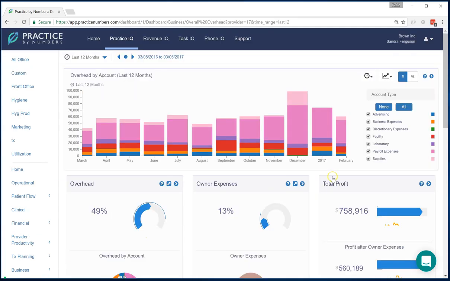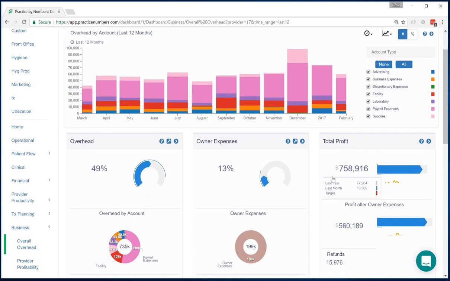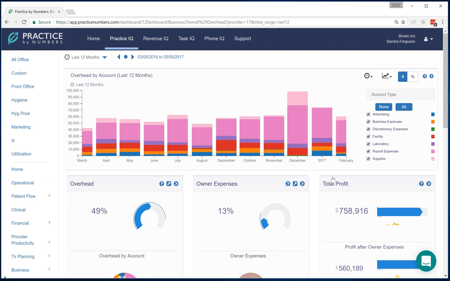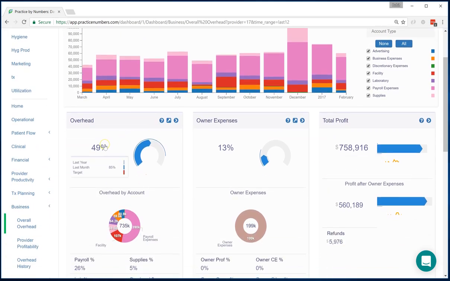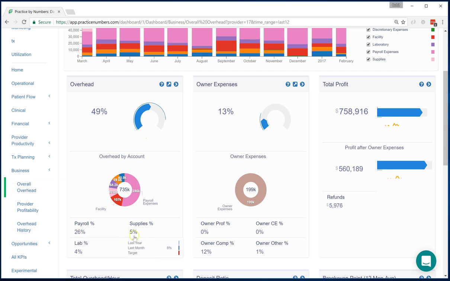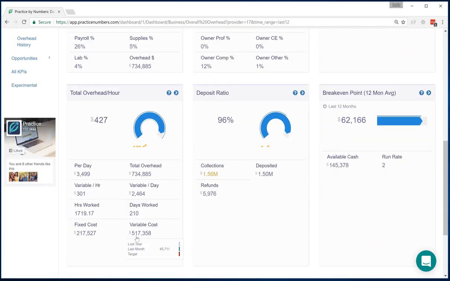With the integration of QuickBooks Online, you can now track all your financial data in a unified dashboard that can help you manage your office on a day-to-day basis without waiting for reports from your CPAs and your bookkeepers. Here we're looking at profit and loss or overhead calculation for the last 12 months for this dental practice. And here it shows me 49%, 26% came from payroll, 5% from supplies. And it contains quite a bit more details in terms of what is the break-even point, how much was collected